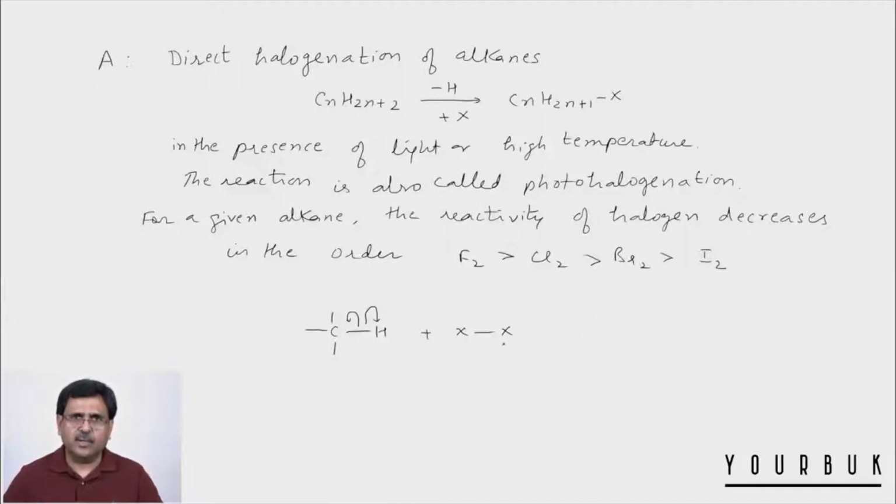Now when it reacts with halogen, this is called halogen X2, and here also you have a bond between the two like atoms. This X-X bond also splits up homolytically and gives you again the free radical. So what we are doing in this reaction, we are replacing one free radical by another in the presence of light. So this reaction is also called free radical substitution. So this reaction is called a free radical substitution reaction.